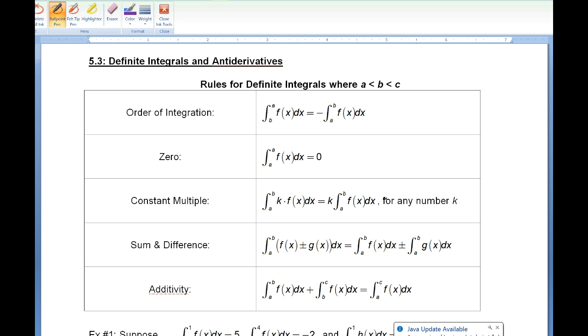Okay. All right, so 5-3. So what did we do so far? We did the rectangular approximation methods to estimate the area under the curves. We did the trapezoidal approximation to estimate the area under the curve. And we used area to find,